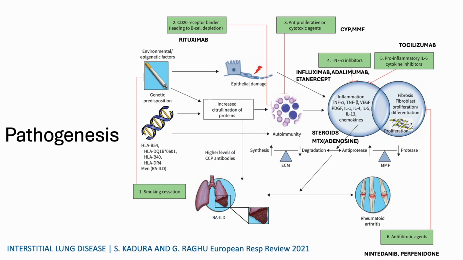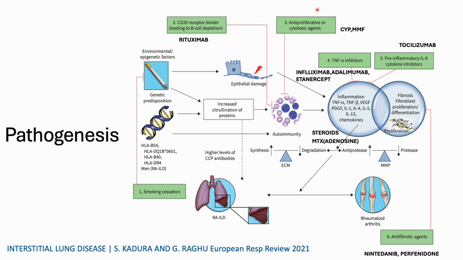To answer that, it's important to understand the pathogenesis of rheumatoid arthritis. When we talk about pathogenesis of rheumatoid arthritis lung disease, it is an interplay between a lot of risk factors, which includes, as I said, the genetics of the patient, the smoking history, the age of the patient, and genetic factors like the HLA-DRB1 epitope, which predispose one to develop lung disease. In the lung, a lot of environmental exposures cause airway and epithelial cell damage. This leads to increased